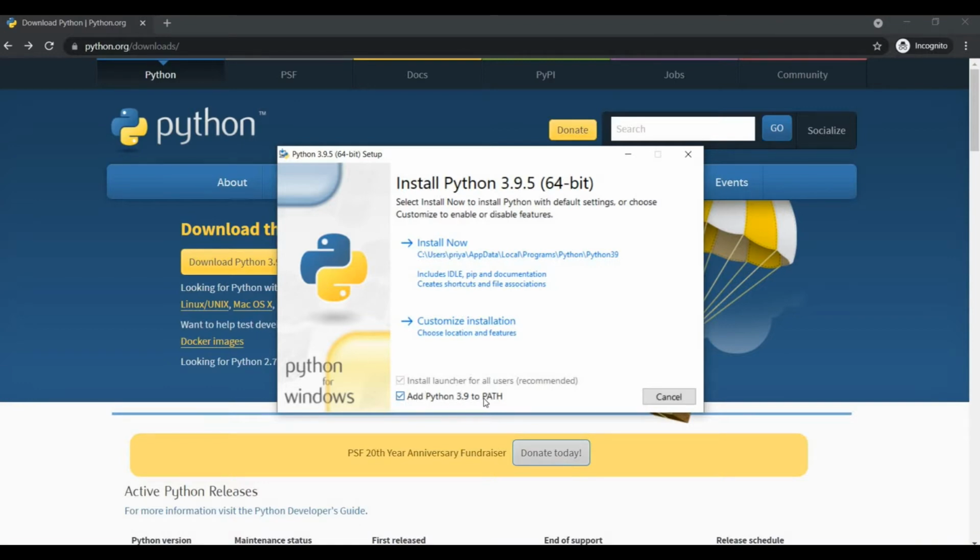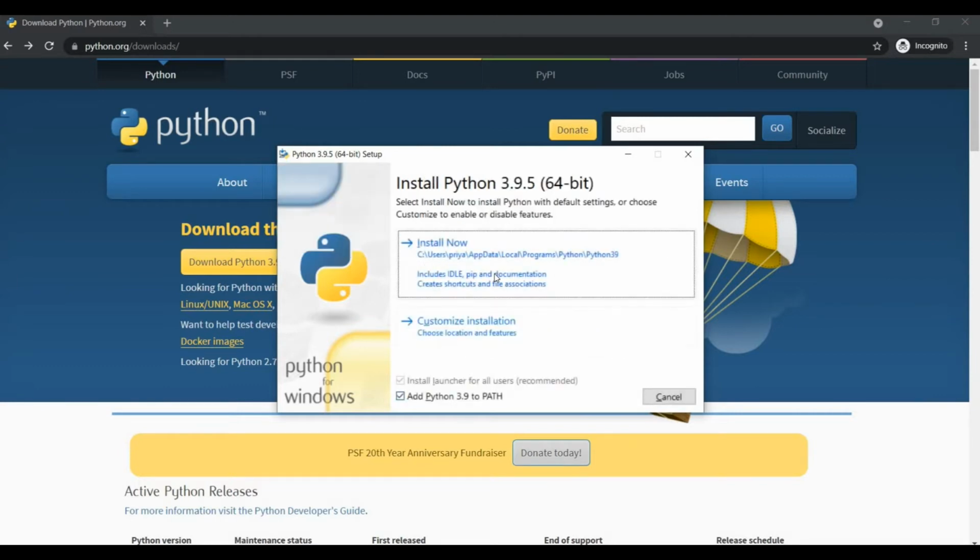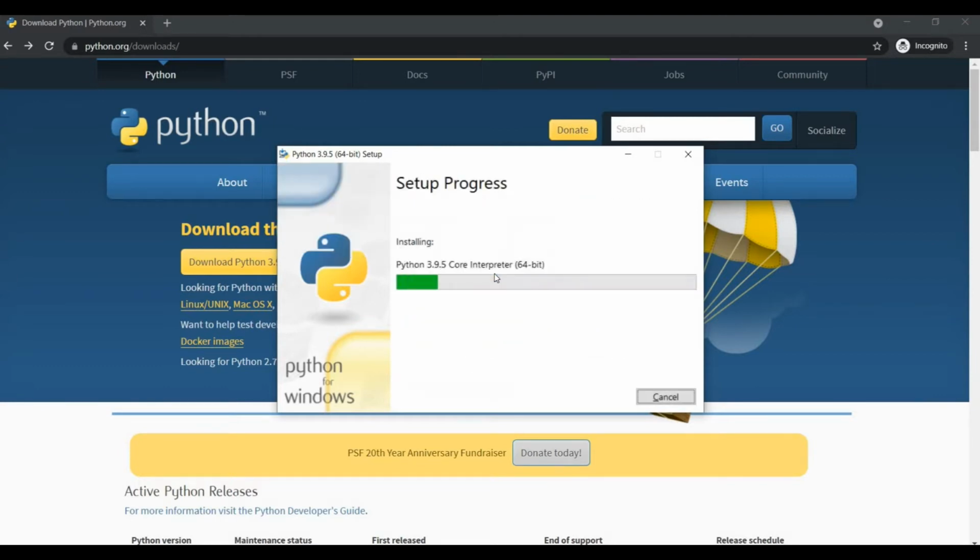This is the very important part, adding the path. You have to manually check this to add Python to the PATH. If you want to install in a particular location, you can click this, or if there are things you don't want to install, like TCL/TK, you can uncheck it. Pip is mandatory, as it will help you download and install all the required libraries of Python. So this is required. Okay, so you just have to click back, and then click on this. We will go with this particular option. Now as soon as we click this, our installation will start.